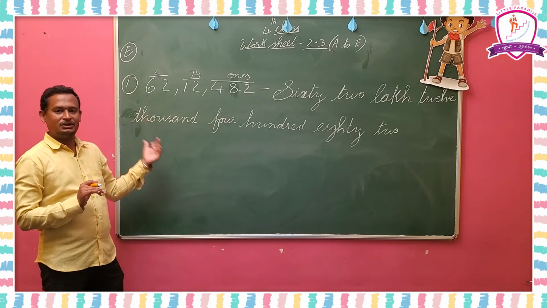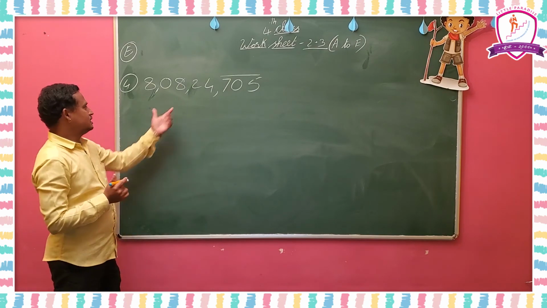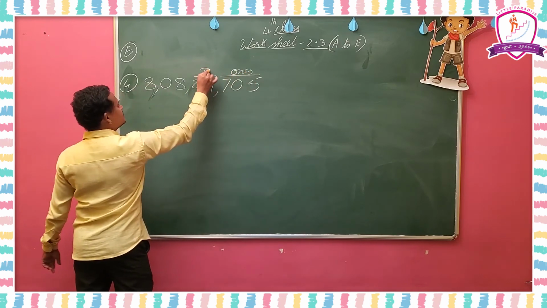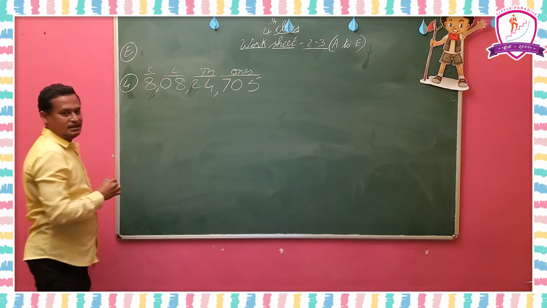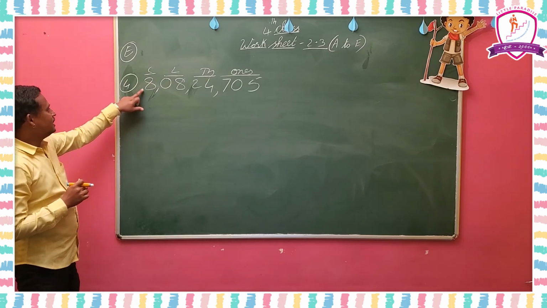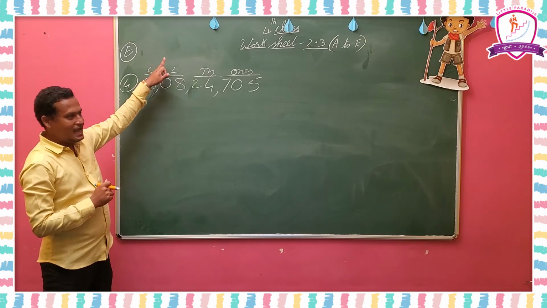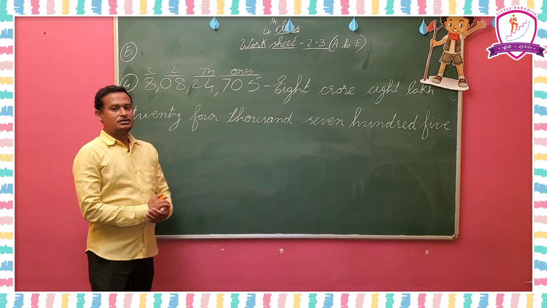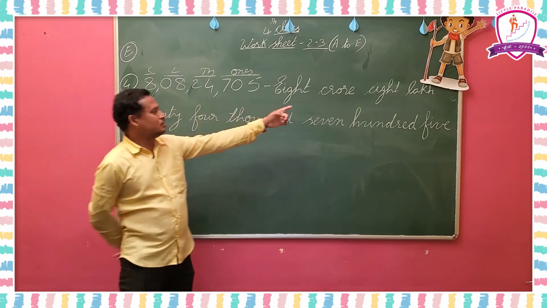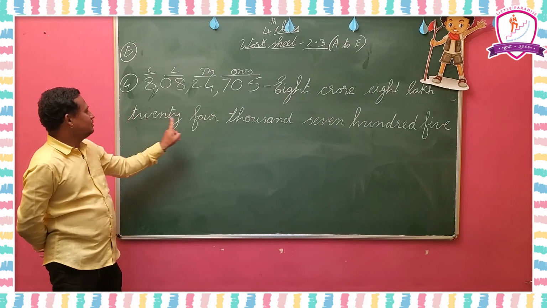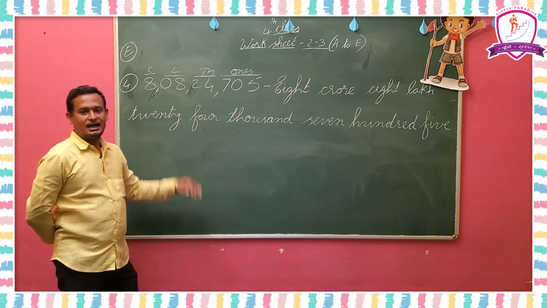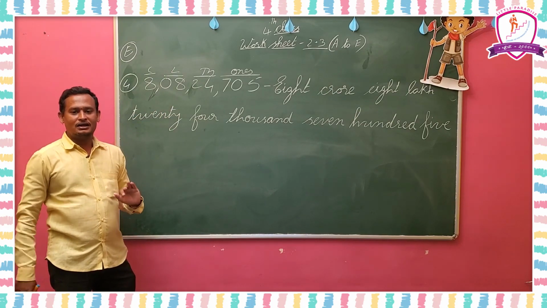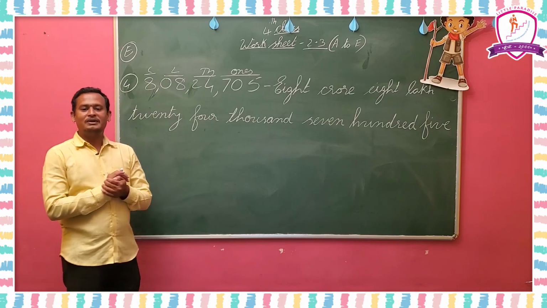Now I am going to explain the fourth one also in this Roman. Here the number is given; divide that into periods. Here ones period, then the thousands period, this is the lakhs period, and this is the crores period. So now we read the number: 8 crores, 08 means 8 lakhs, and 24,705. Like that you have to write the number name: 8 crores, 8 lakhs, 24,705. Already the place is given for the number name; you can write there only. Understood? Like this, using these models you can complete the remaining sums also.